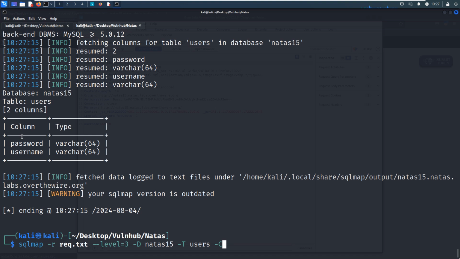I can use uppercase -C to specify the column which I want to retrieve, password, and then dump. Why do I put this uppercase C option? Because in most cases the table will have many columns or fields, but only a few of them are valuable, and we want to retrieve the information for these valuable columns.